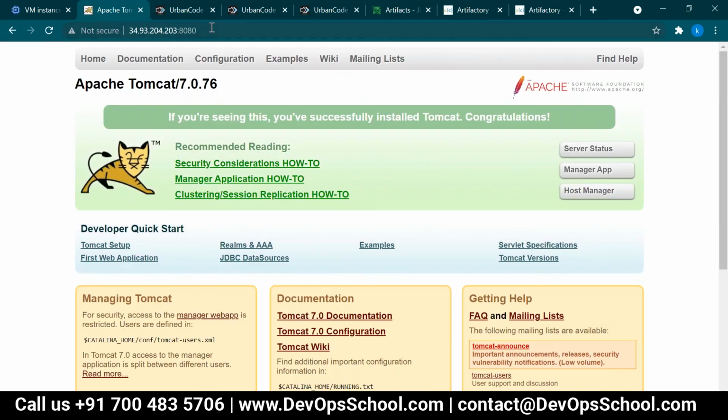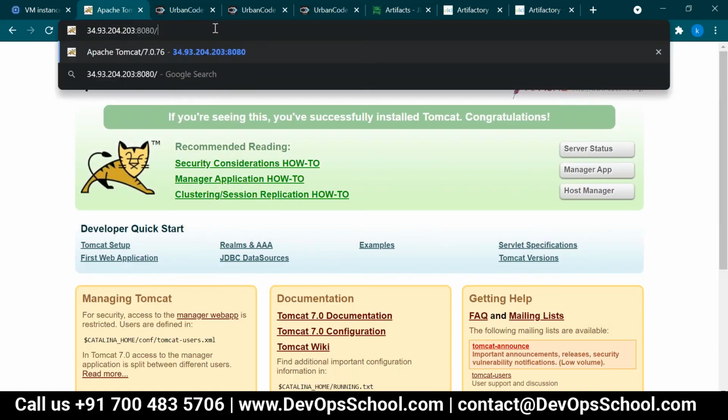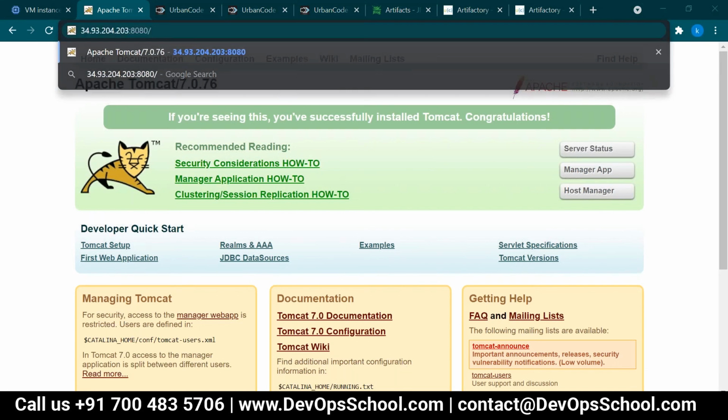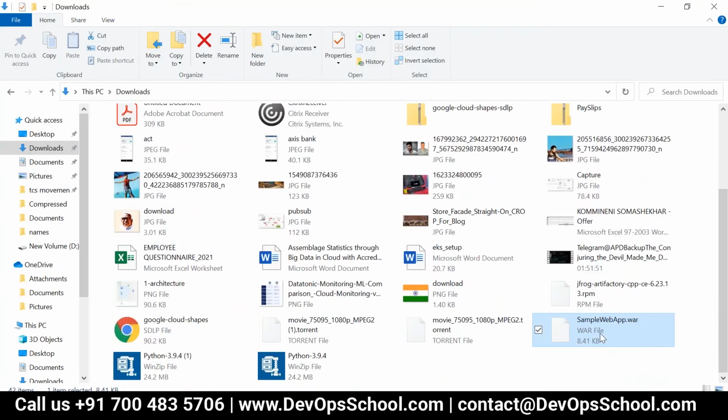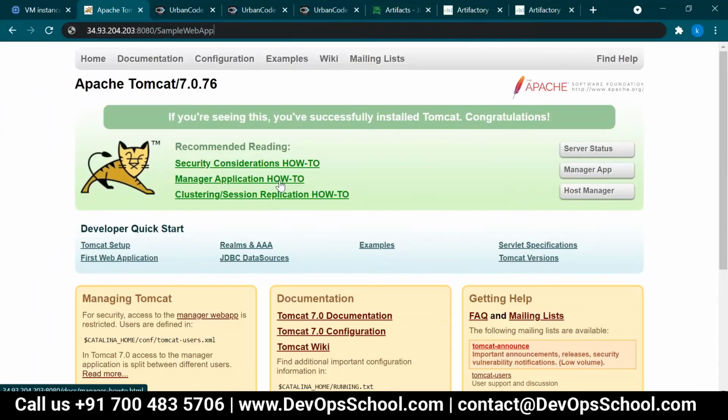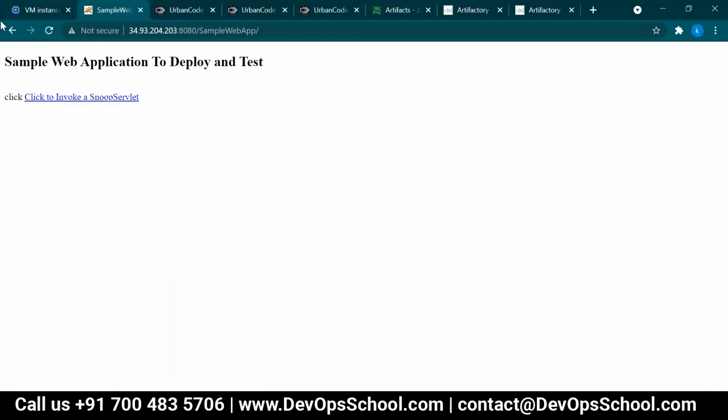Tomcat is running. What is my sample war file now? Sample war file. Here it is running. My application is deployed. Got it, right? Yes.